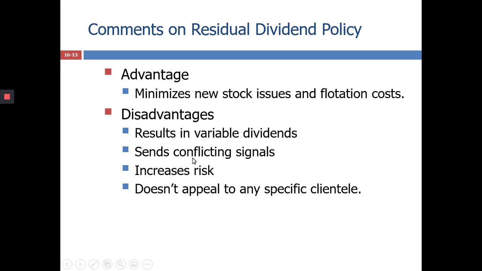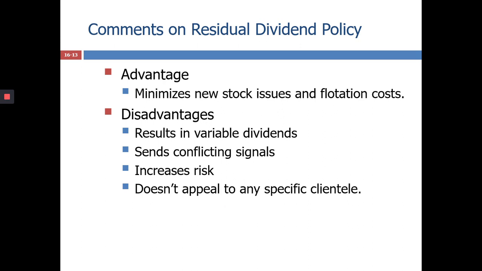Sends conflicting signals. Right? Why? Because let's say in 2019 you pay a high dividend payout because you don't have big projects, but in 2020 you pay a lower dividend payout because you have bigger projects in 2021. So that gives conflicting signals. Is this company paying high dividend or low dividend? Alright, so that increases risk in the sense that you don't really